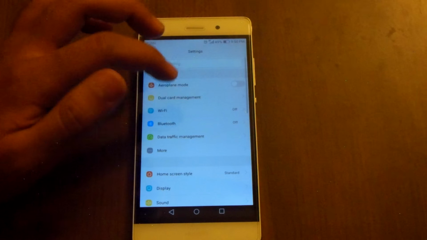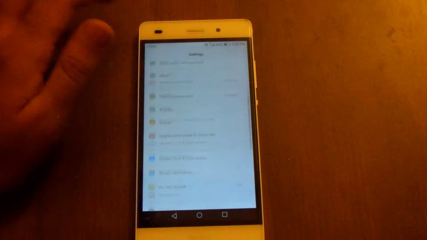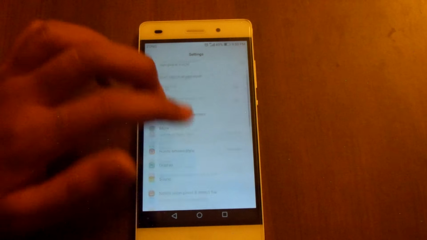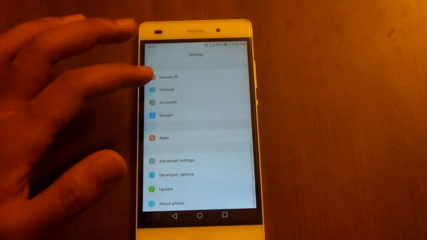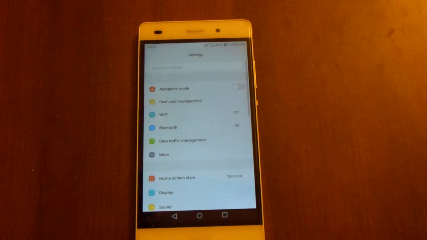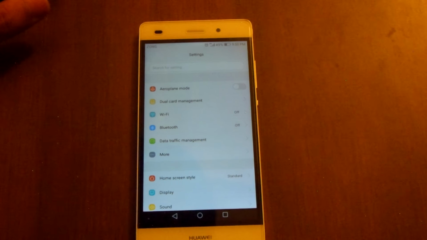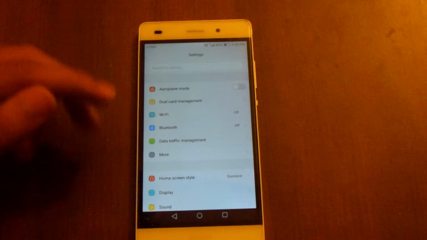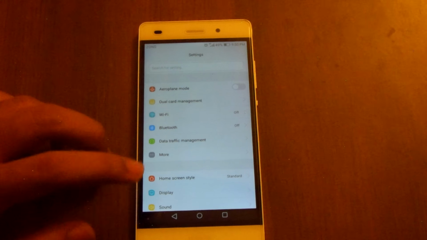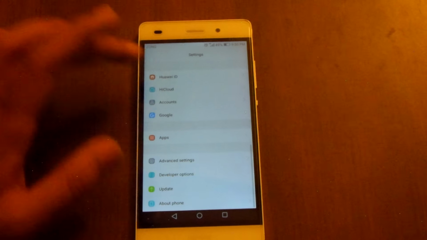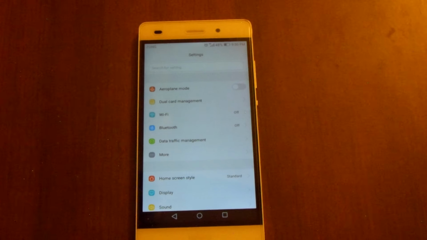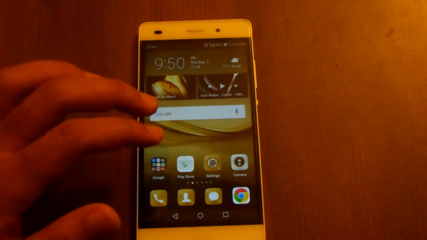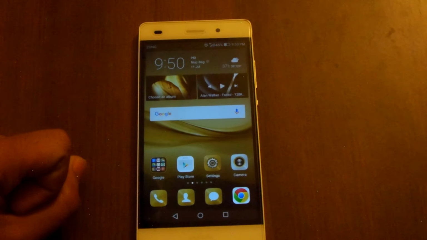Sorry. So next thing is that the settings have now been reorganized a bit. All those main settings have now been moved to the advanced settings, and you'll find it difficult to find them in your settings application at first when you upgrade, but when you get used to it, you'll find all your settings easily. Next thing is that the privacy protection section in the settings has now been removed, and those settings are nowhere to be found, but I didn't really use them, so that isn't a big problem for me.